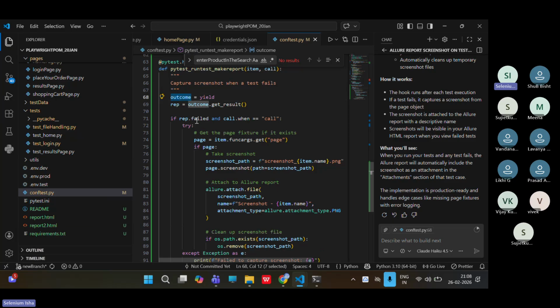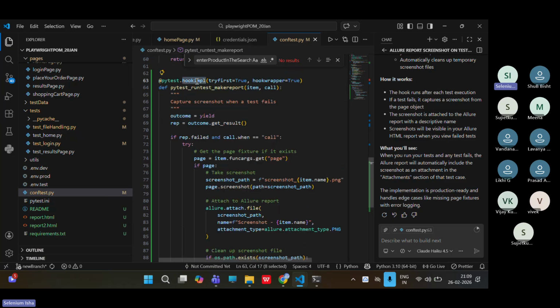It is storing the outcome. What does a hook implementation do? This is also a fixture. A hook implementation is a fixture. So what it does is it will trigger during the session. Whenever any execution happens, this will get automatically executed. Inside this, it is going to capture the outcome based on the result,